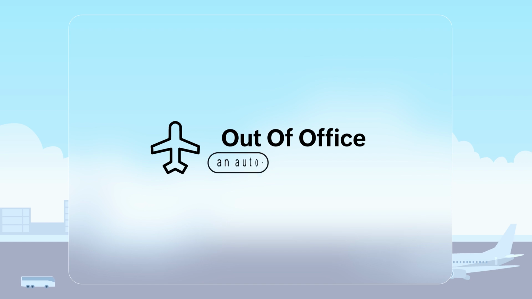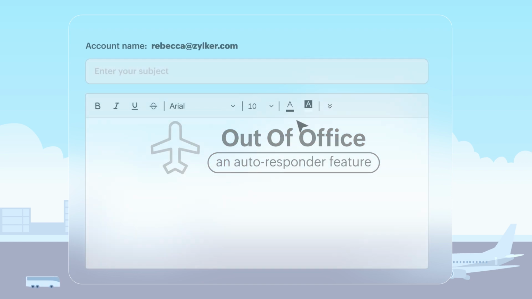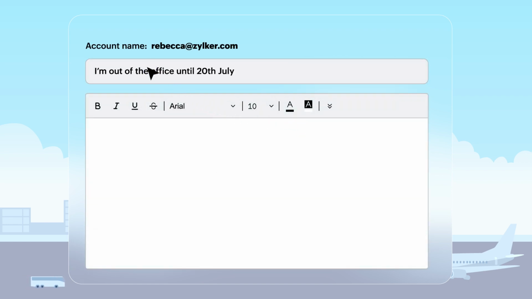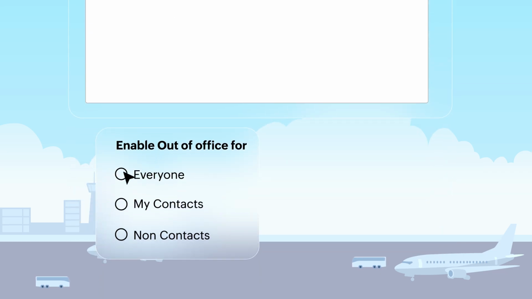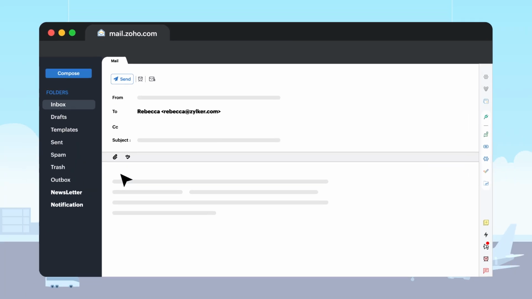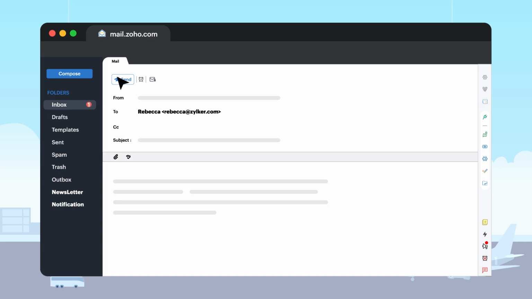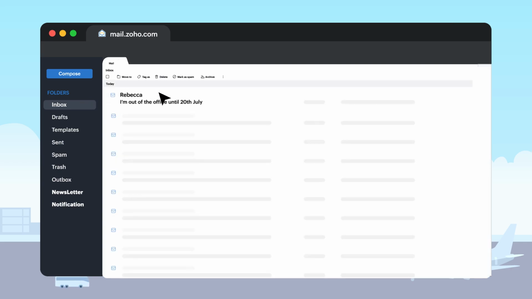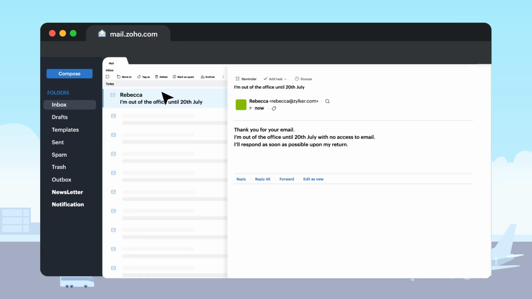Out of Office, an autoresponder feature, enables you to customize a message that will be automatically sent to everyone who emails you when you're away from work. Setting this up informs the sender that you've received the email and gives a proper explanation of why you can't